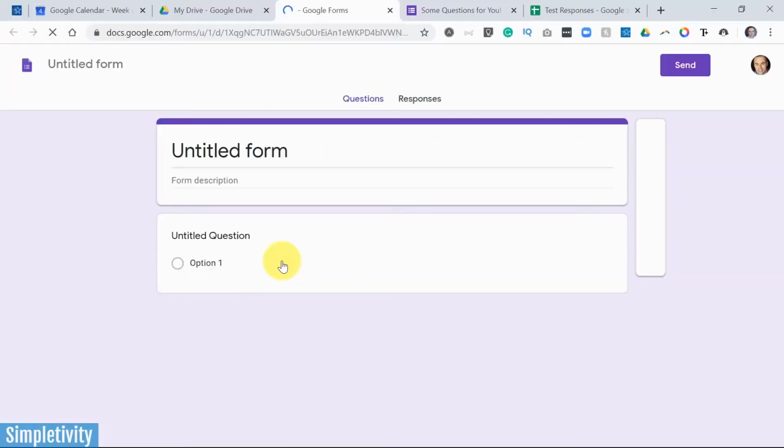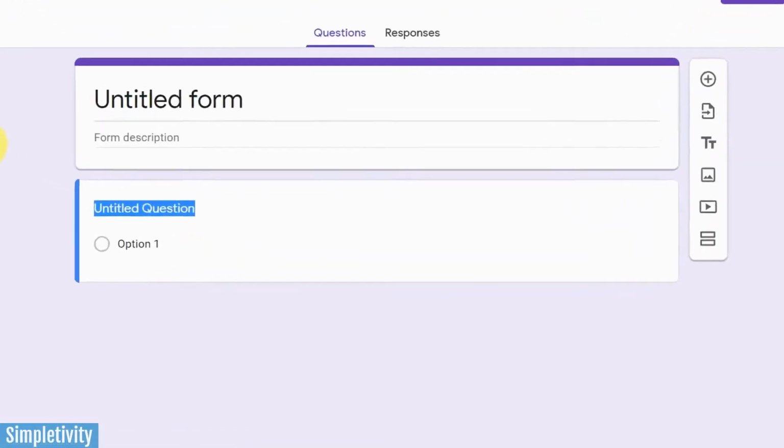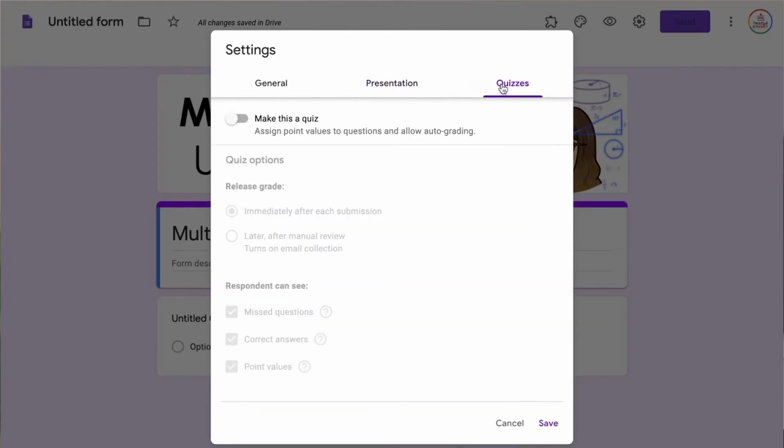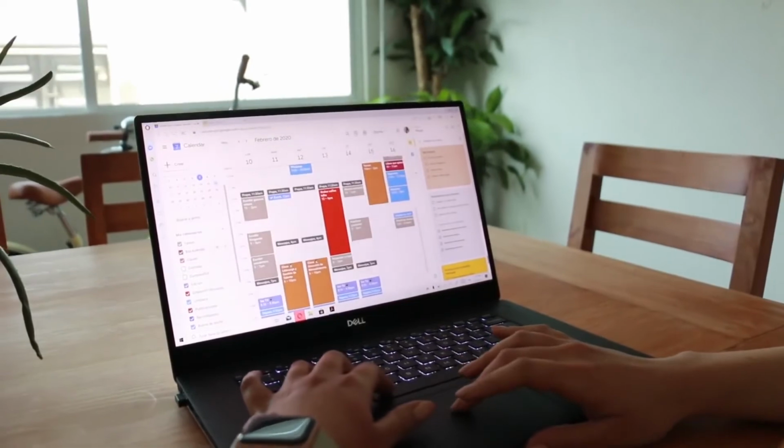Another possibility is Google Forms to create both formative and summative assessments. The quiz feature allows teachers to control how the questions are presented, and they can program a lock screen to start when an assessment begins so that students cannot open or connect to any other window. Another nice feature of Google Forms is that it will grade multiple choice answers and release grades to students via email once you've marked the written answers.